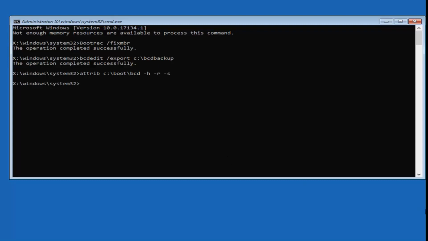It should run that successfully. Don't expect any response back from the command prompt here. If you type something in incorrectly, it will stop you, so just keep that in mind. And now that you've done that, you want to type in